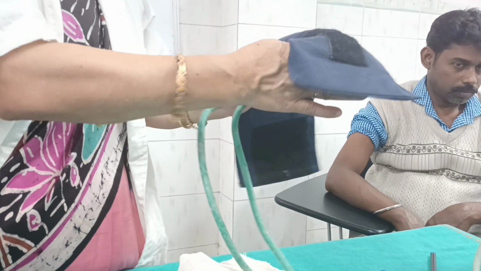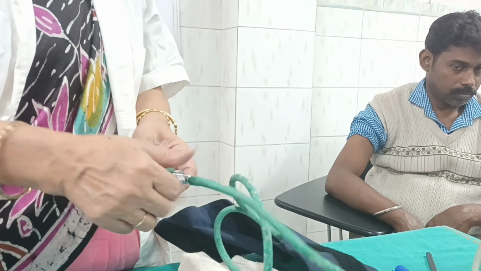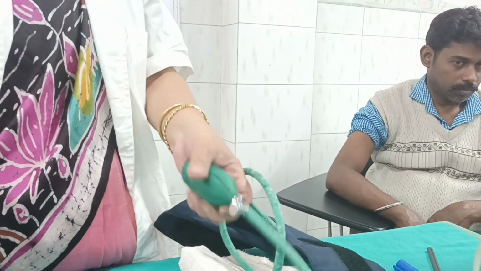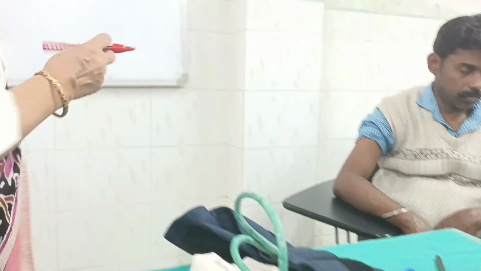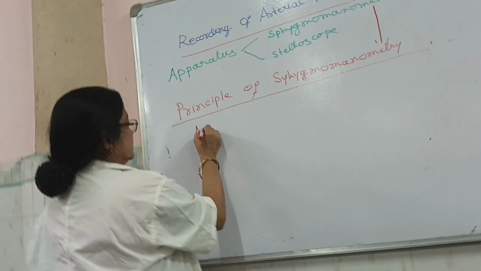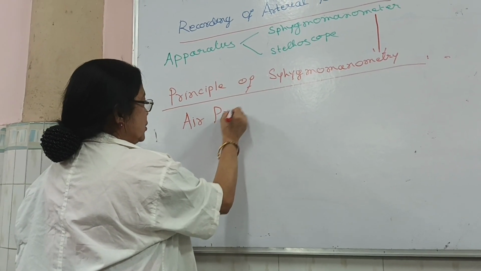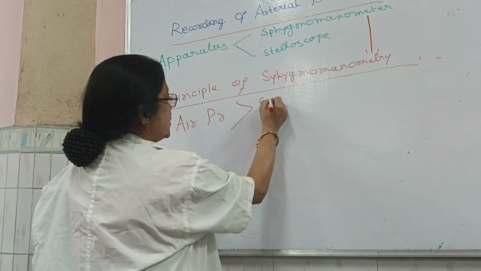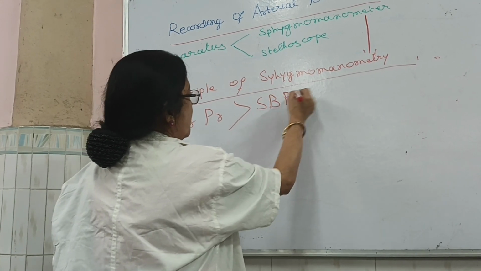Then, after tying the cuff, we are raising the air pressure within the cuff. We are raising the air pressure within the cuff, and as soon as the air pressure is more than the systolic blood pressure of the brachial artery,